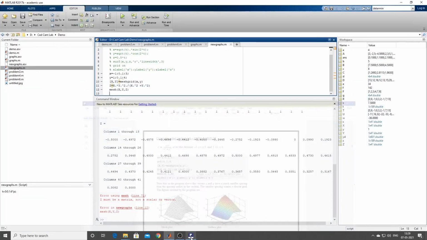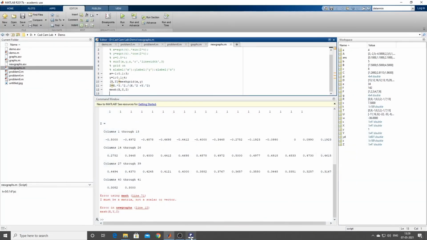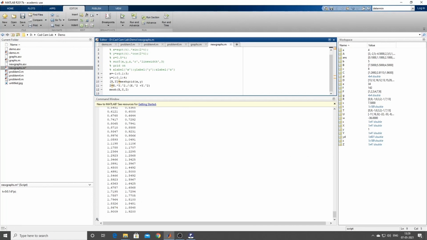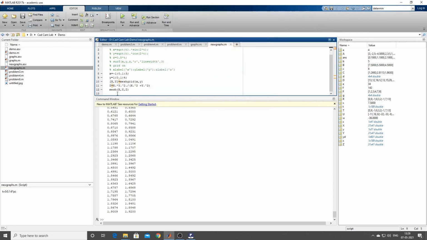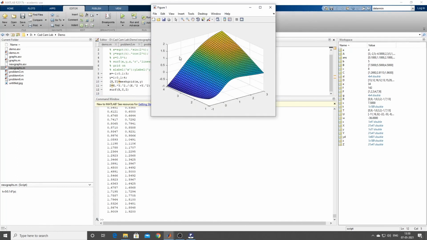Mesh of x comma y comma z. Okay, here it is. Small mistake. Even small mistake also. See here. Can you see this? How are we getting it? Now, if I now change it from mesh to surface, surf, you can just see the type of graph is different.